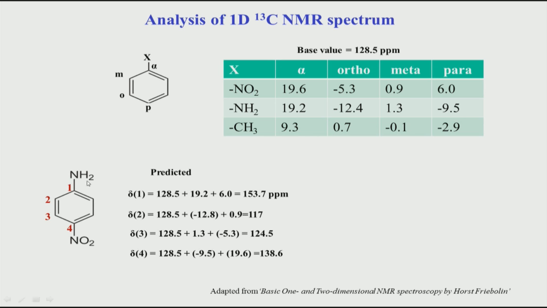So, if you look at aniline, because of the amine group, what is the value of 1 that is coming from here, that is 19.2, that is added to this base value, and you basically get this peak. And at para position there is a nitro group, so that will also contribute to this carbon here, and you will get this value which is what you get. Similarly, if you look at this carbon, same philosophy, same idea, you can use this table and the different substituent positions, and you can calculate these values. Now, let us see how it matches with the observed values. Again it looks very nice, it matches almost within 2 to 3 ppm range with the observed values.